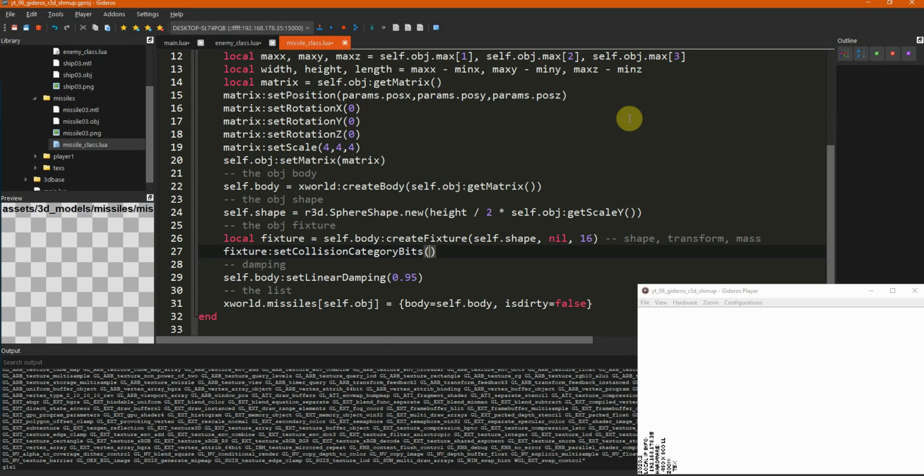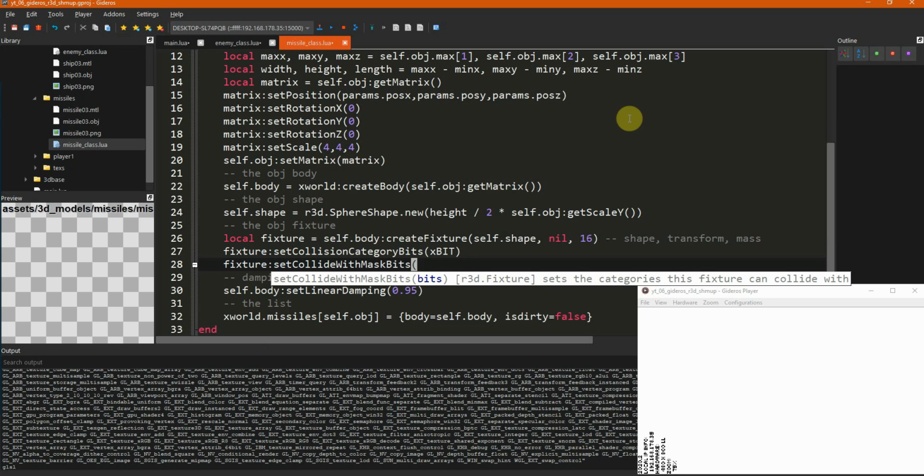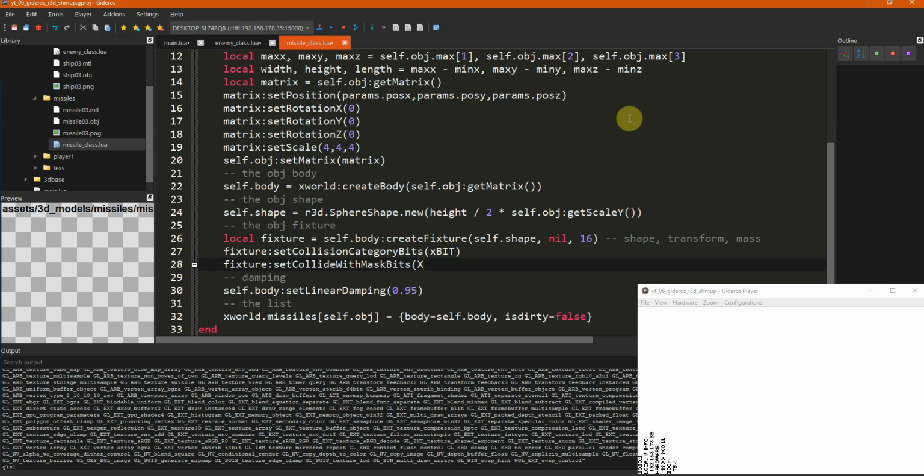We pass in the x bit for the missile, and then fixture set collide with mask bits, and we pass in the x call bit.